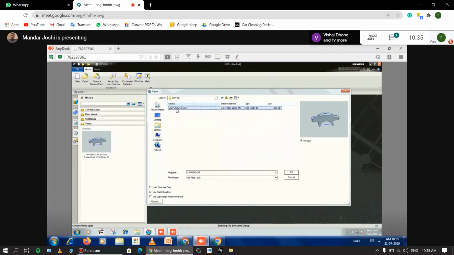So this is the component, or you can open the same component from the history over here. You see this watch symbol here, you can get the history. Just double click here also, it will open the same component, or you can open through the browser, no problem. So I click on OK,